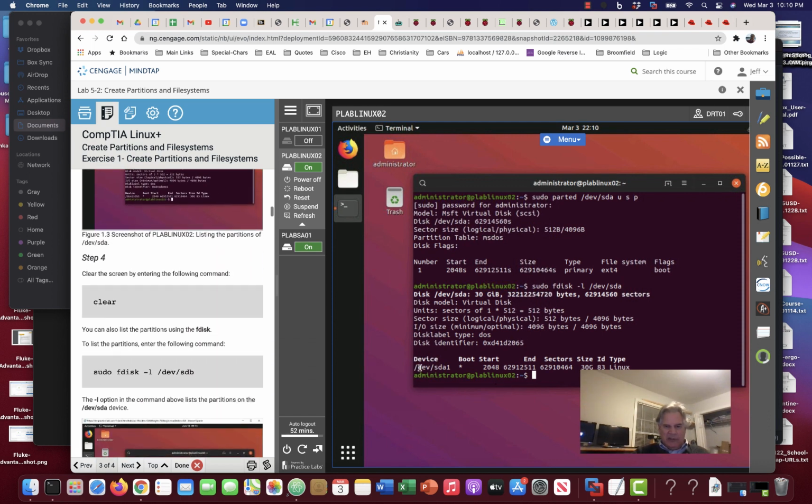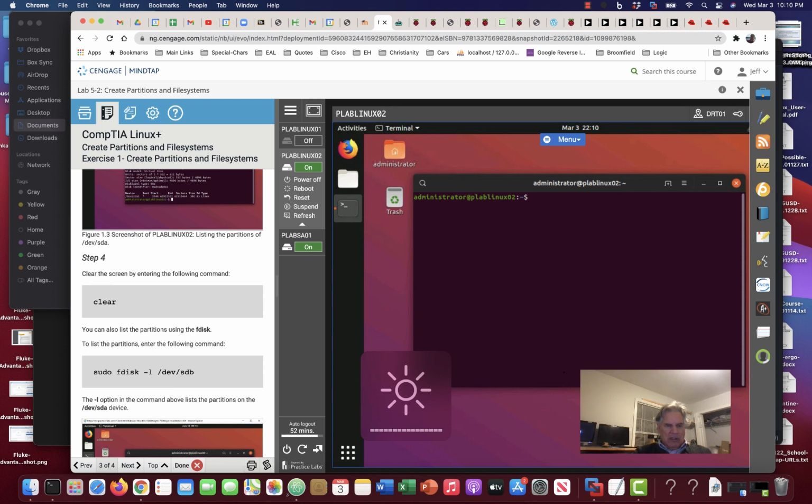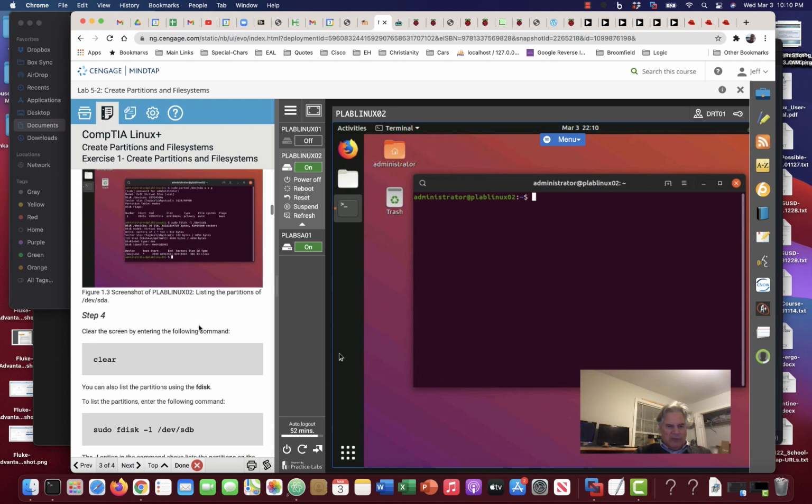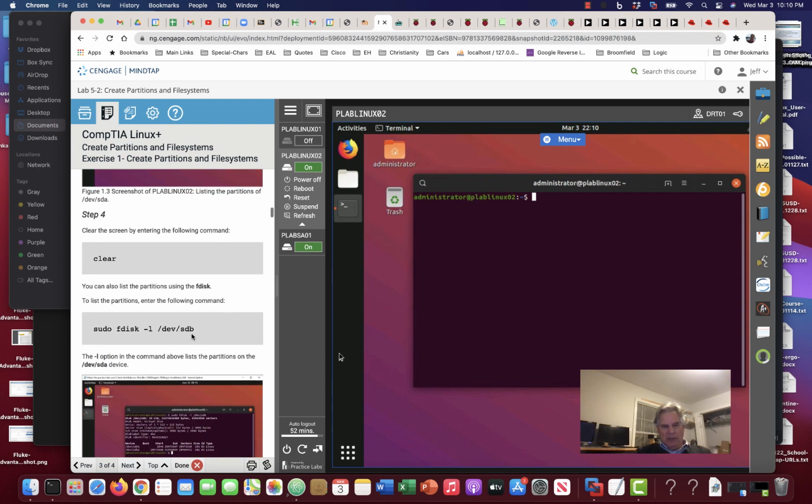Now they want us to clear the screen. And you can also list the partitions using fdisk. Here we're going to go to a different unit. We're going to go to SDB. So let's do sudo